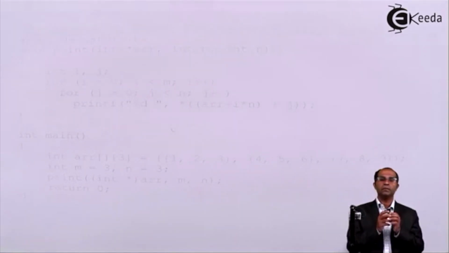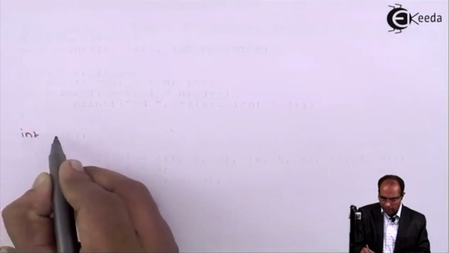But internally, this 5 by 3 will not be stored in a matrix format, it will be stored in sequential locations. We have said this, and we have even shown the memory diagram in that particular video. You can refer to that video whenever you feel that the pointer concepts are troubling you. Okay, now let's put the same code. I'll use the same example.